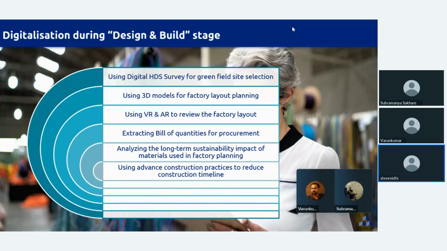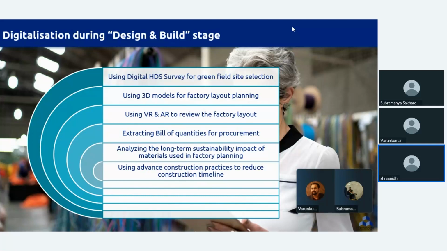And then these schematic layouts: not necessarily do you have to work on a 2D layout and then go for prototypes which are built out of cardboard or 3D printed for that matter. Today you can schematically plan the entire factory in a 3D model, using various PLM or BIM tools, where the entire model can be utilized for your visualization. And this visualization need not be just on a 2D drawing, or printed, or built with cardboard or something like that. You can use upcoming or widely used technologies like virtual reality, where you get to see the entire factory layout, and you can also bring in your